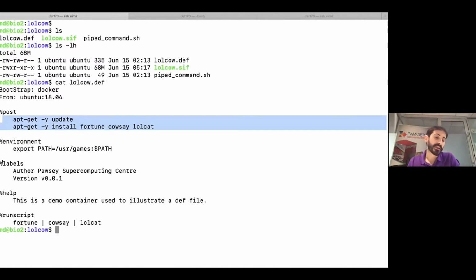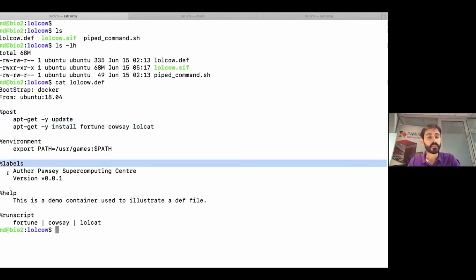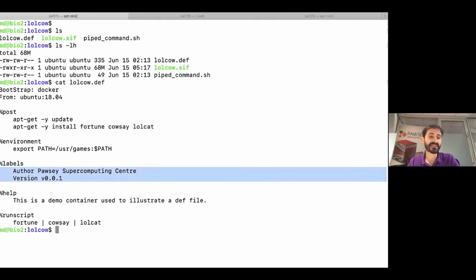And then in this specific file, we have additional sections in the definition file. So we have a labels section, which is basically a place where you can add information, metadata to your image. That can be useful, not for you, but for other people using the image, in knowing, for instance, who is the author of the image, and eventually a version. You could put anything here in the form of a key and the value. So it's kind of free text format